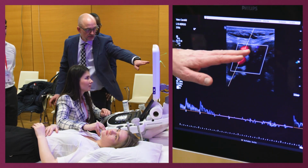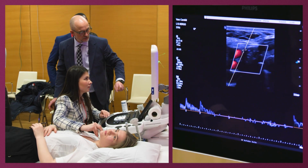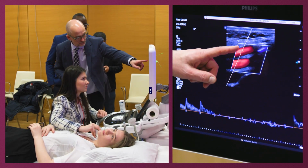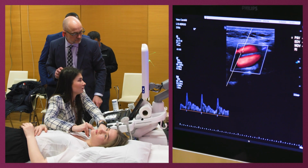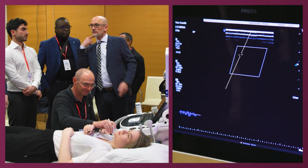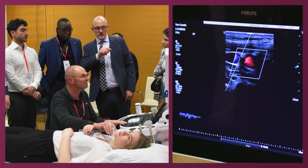I think if you can get a more longitudinal view, even better. Keep on. Small movements. Yes. You see the side branch? Yes. Measure peak systolic velocity and save an image of the common carotid with a flow curve. Okay. And then you do the same in the